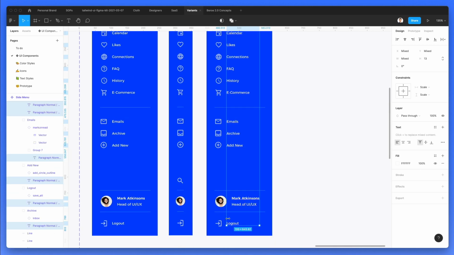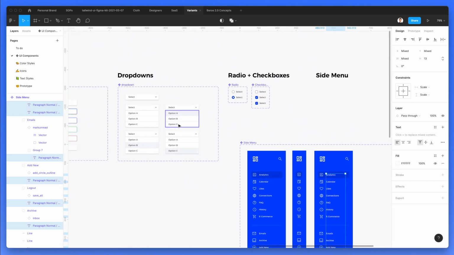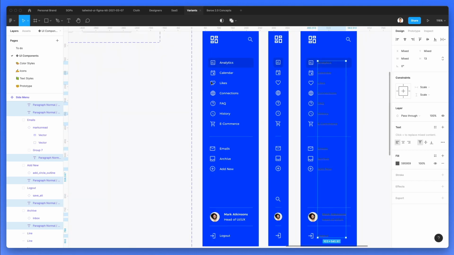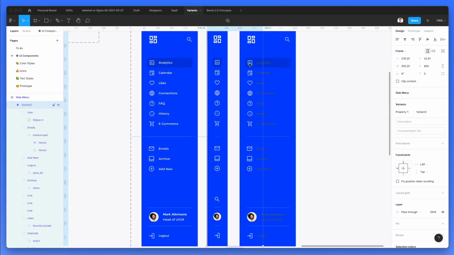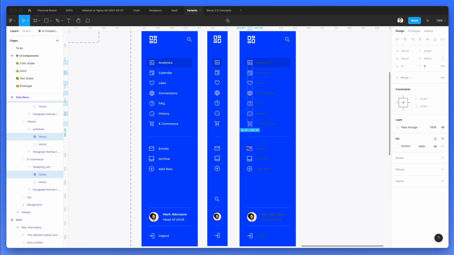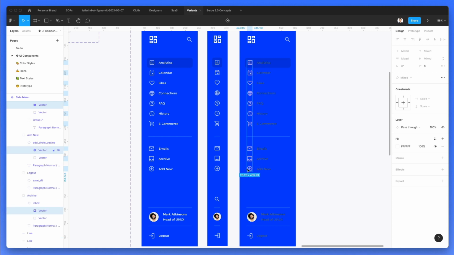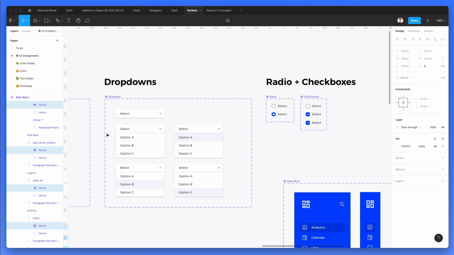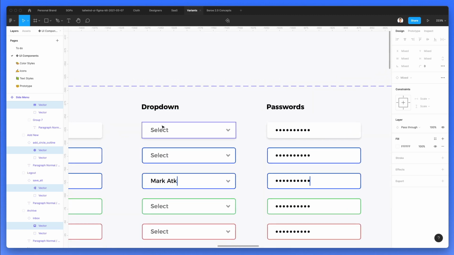So let's go ahead. Let's use the same color as we have right here. And let's do the same also for the main icons. And what we're gonna do is we're going to use